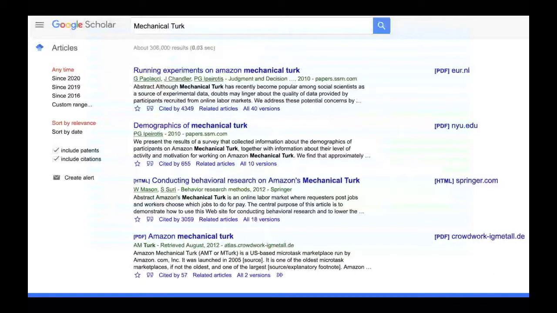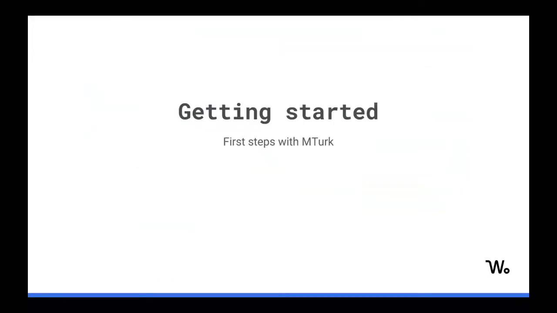And just to highlight the versatility of Mechanical Turk, it's worth mentioning that Mechanical Turk is also mentioned in academia a lot. People have even conducted entire game theory experiments on Mechanical Turk. So there's really a lot you can do here with a relatively simple framework. But for our purposes, machine learning is probably what most people are interested in doing, and so we're going to go through a little bit about Mechanical Turk in the context of machine learning